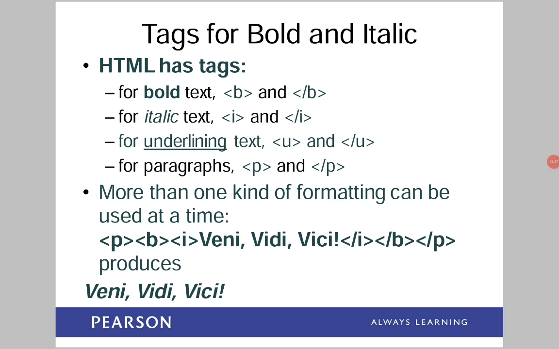So what is the bold tag? The bold tag is also called the B tag. If you want to display some text in a bold or thick manner, we may use the bold tag or B tag. The syntax is B and slash B. And italic means to display the text in a curved manner. It is called the I tag or italic tag.